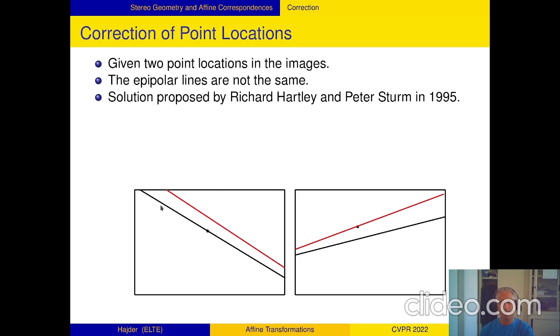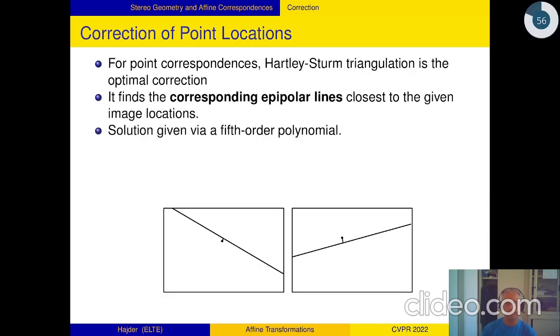The epipolar line corresponding to the left black point is the black line in the right image. However, unfortunately, the epipolar line for the right point is the red line, and here is the corresponding pair in the first image. Unfortunately the two lines in the images are not the same, but they should be the same. So the idea behind the correction is to find corresponding epipolar lines, the closest corresponding epipolar lines,